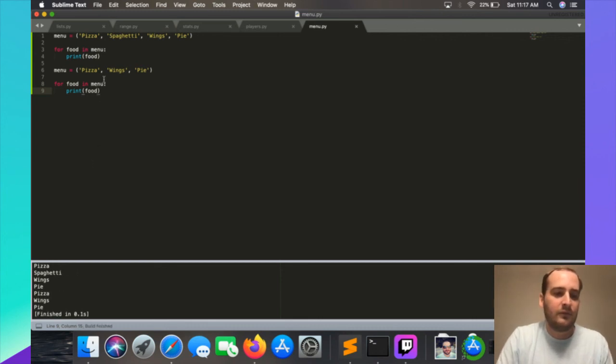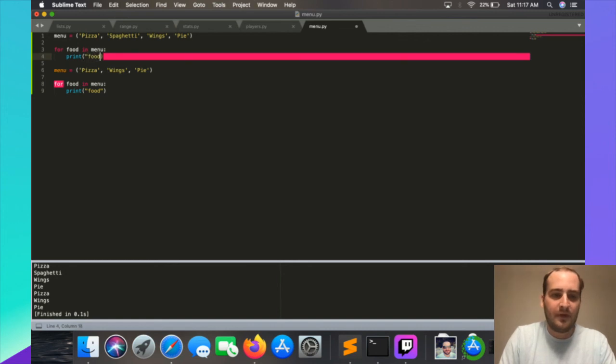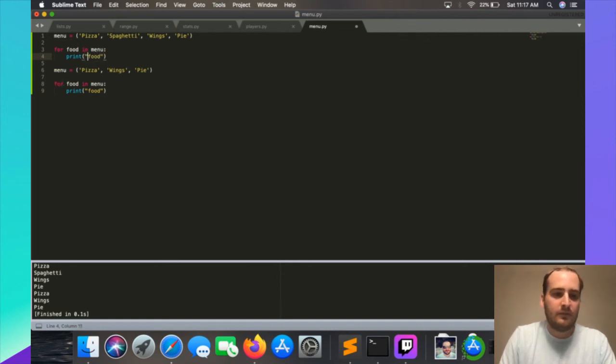we'll go ahead and do a new line here. Actually, we'll format this. We'll make this a little bit cleaner. Instead of just putting food and just printing it out, we'll go ahead and format this. So here is our menu. Put food. Or let's say, today are